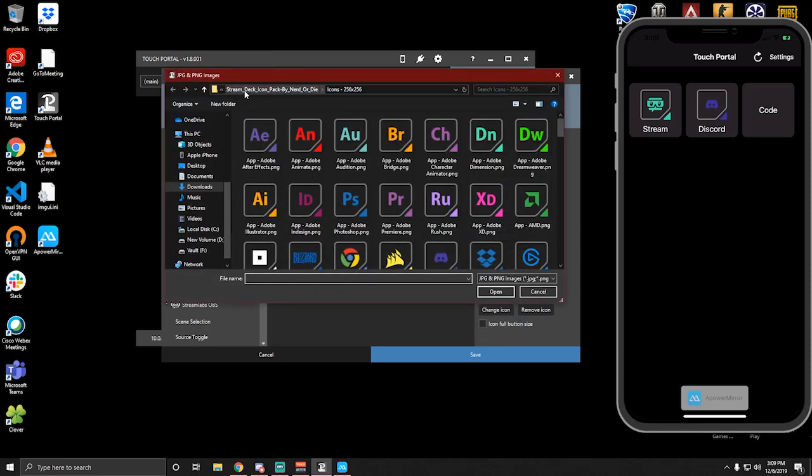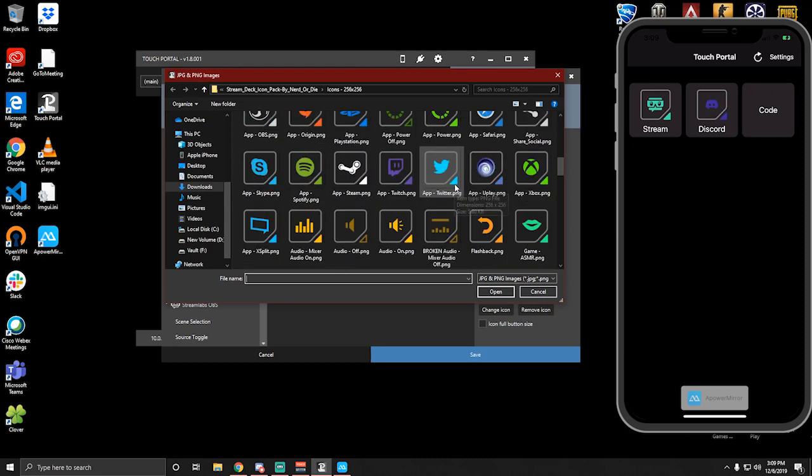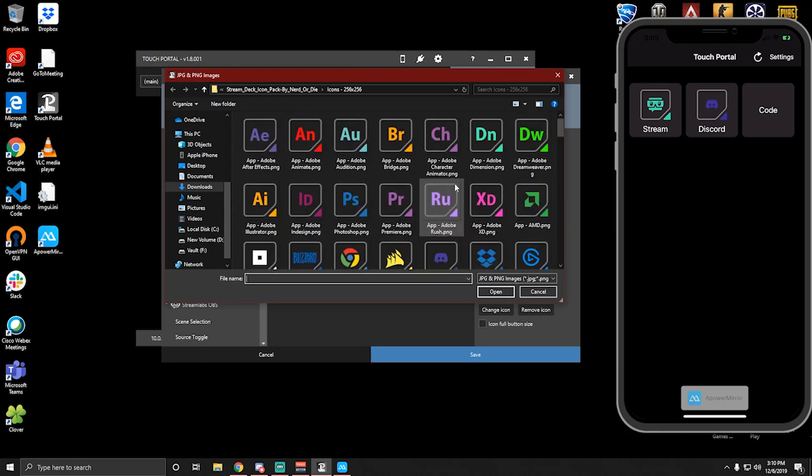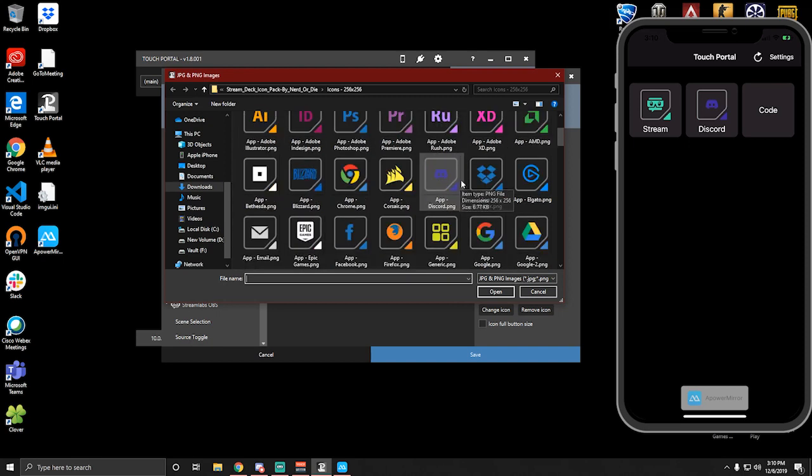I've already got the file system loaded, and it's actually using the Stream Deck icon pack that Nerder Die has, and he has a couple of them. Be sure to check both of those out. Shout out to Nerder Die for creating these. These are amazing. They can handle pretty much anything that you're looking to do, any of your Adobe Suite products,